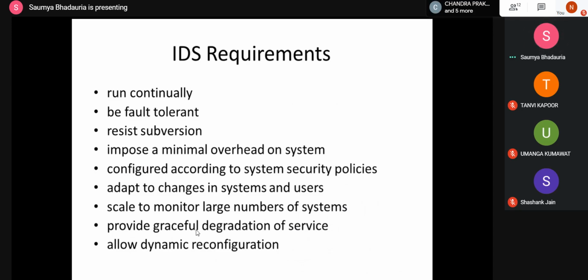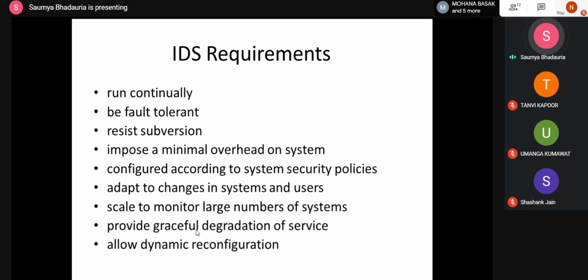I need to develop a proper IDS which is able to run continually. You do not want an IDS which is only active for some instance of time, since you are already monitoring a particular system, and the decisions are being taken on the basis of activities happening on the system. So it needs to be executing continuously on the system. It also needs to be fault tolerant. There needs to be very minimal overhead on the system, since there are processes involved in the IDS as well, along with system processes and other users' processes.